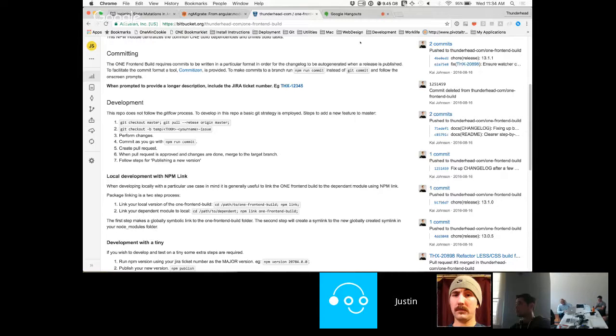When you're actually doing development, like I said, there is no git flow process. So just check out like normal, with a branch, same pattern as always. I just did temp here, temp, THX number, whatever. And then you're just going to go along. The major thing is when you're done with all your changes, you don't run git commit. That's the key thing. Just run npm run commit. It's the one major change.